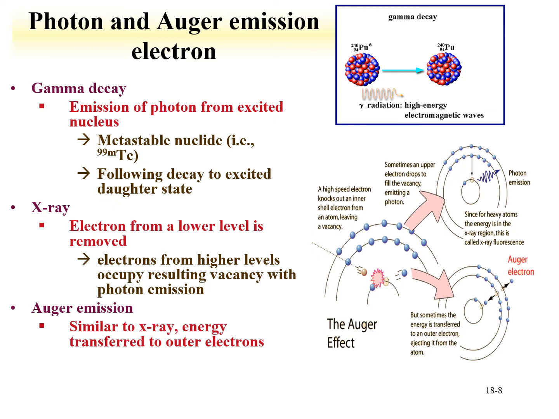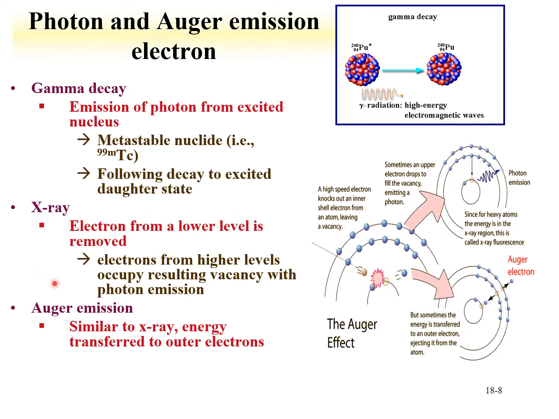Photons are generally emitted due to gamma decay, and this could be either from a metastable nucleus, such as technetium-99m, where that relatively long-lived excited nuclear state de-excites by emission of a photon, or from the decay either through alpha or beta to an excited daughter state, and then the de-excitation of that daughter state through the emission of a photon. X-rays are also possible